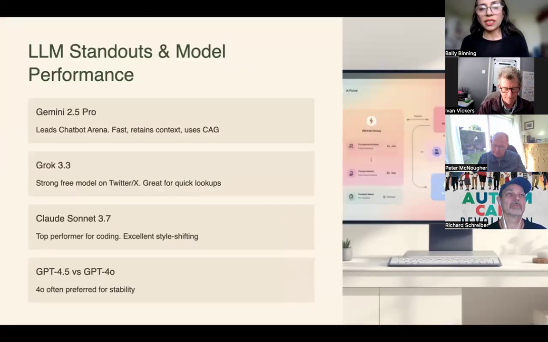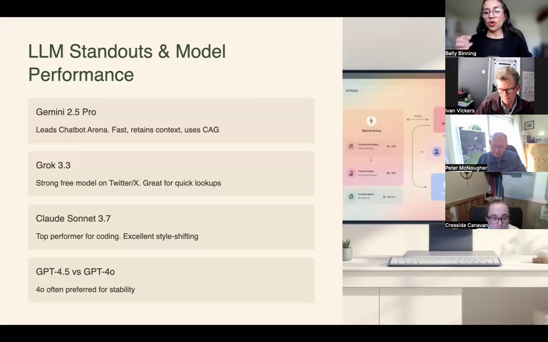Okay, so which are the LLM models? When we think of LLMs, I know Richard, you've been in this area for so long, but for those large language models that are out there, we think of it as text. We're seeing this a lot more. So some of the terminology, don't worry.